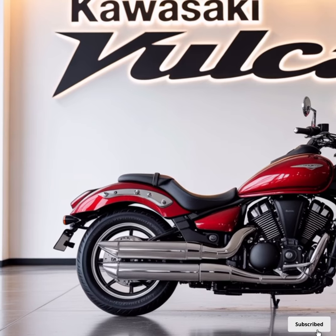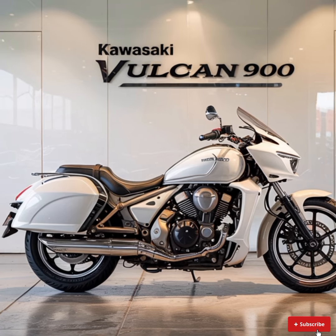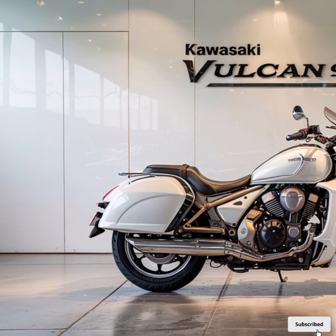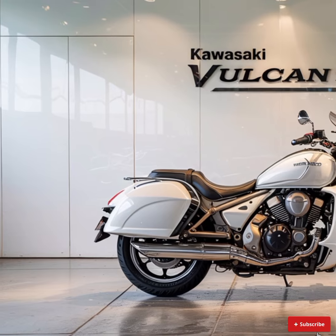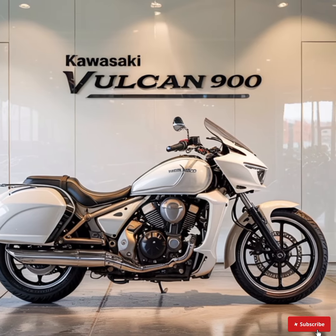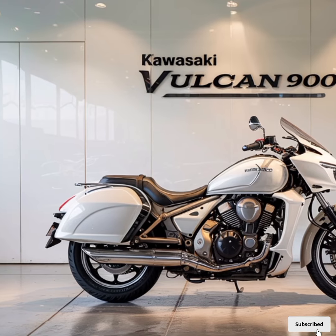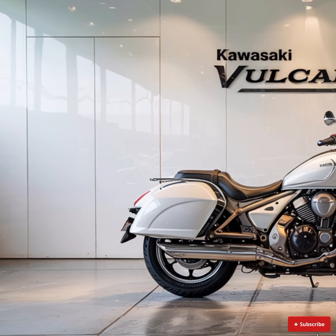Out on the road, the Vulcan 900's performance truly shines. It's not a racer, and it doesn't pretend to be. What it does best is deliver effortless cruising torque and a feeling of control. The throttle is linear, the gear shifts are crisp, and the handling is remarkably nimble for a bike of its size. In city riding, you'll appreciate how manageable it feels thanks to a low center of gravity. On highways, you'll love how it holds steady, even with strong crosswinds. And when you find an open stretch of curvy road, you'll be surprised at how confidently it leans in and